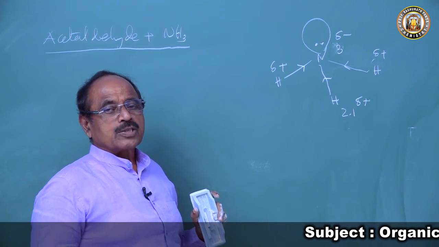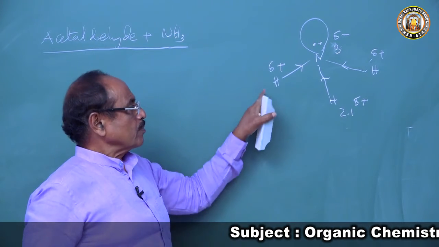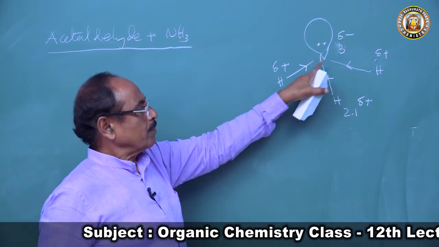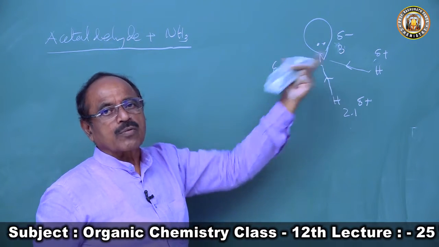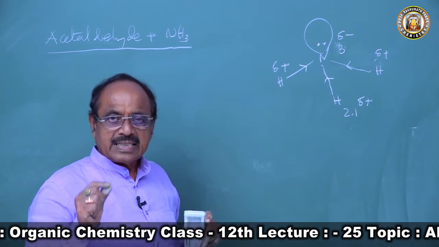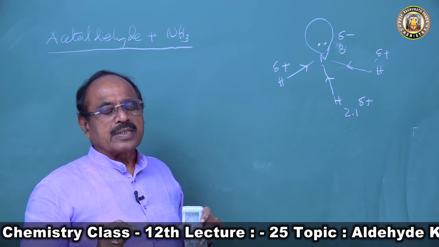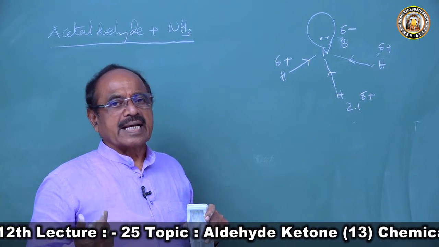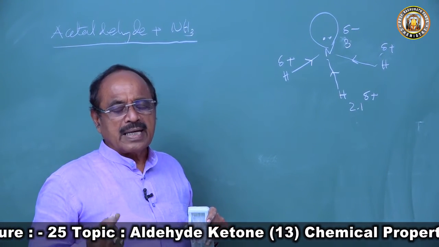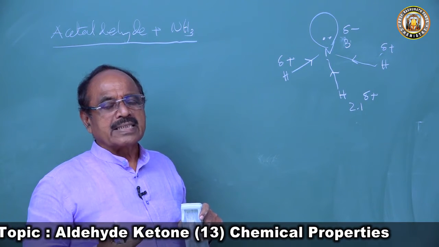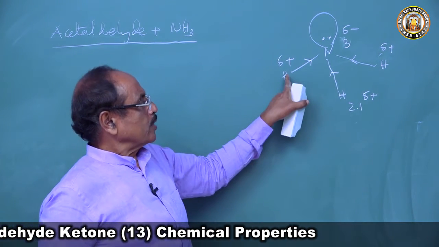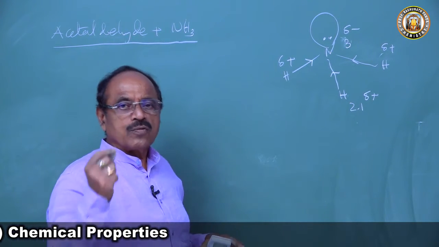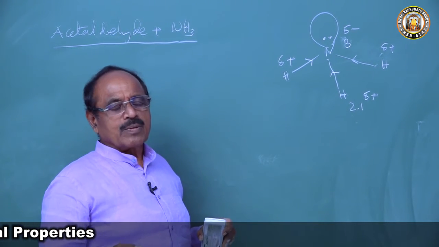This will react as H-NH2. What I mean to say is, ammonia has 2 parts. One part is H, the other part is NH2. NH2 is a nucleophile. So when you take acetaldehyde and treat it with ammonia, it undergoes nucleophilic addition reaction to form acetaldehyde ammonia. So H plus, NH2 minus. NH2 minus is the nucleophile that will go first to the carbon, then H will be added to O.